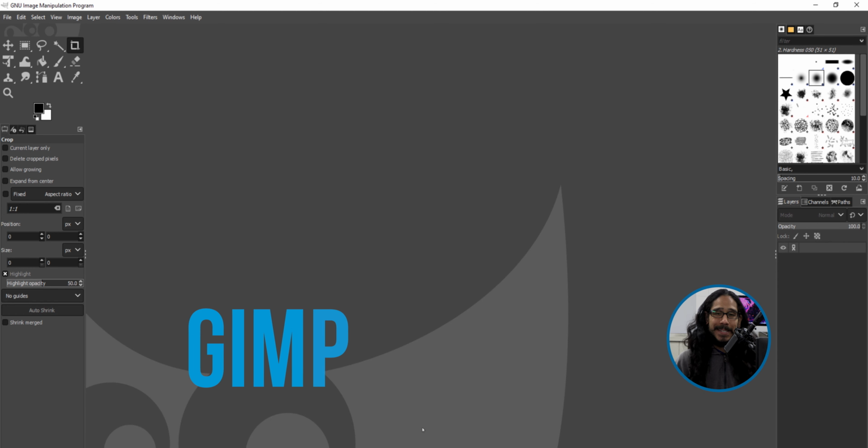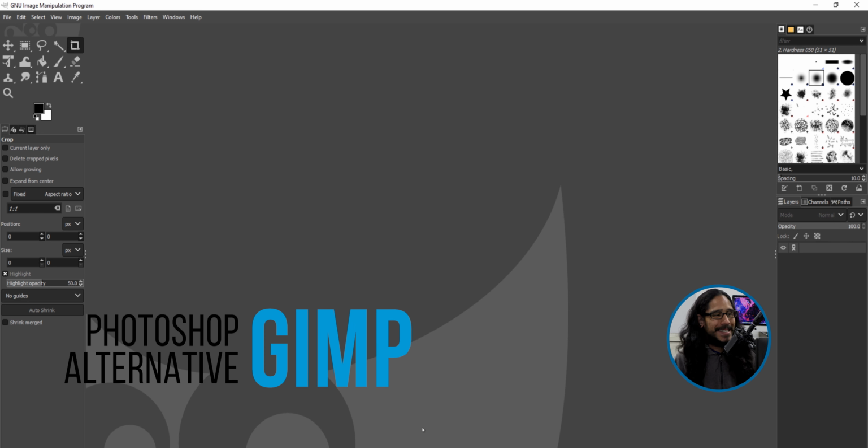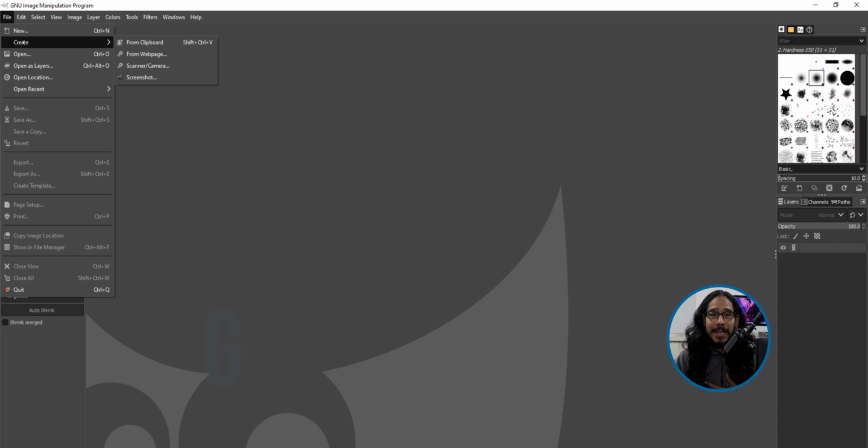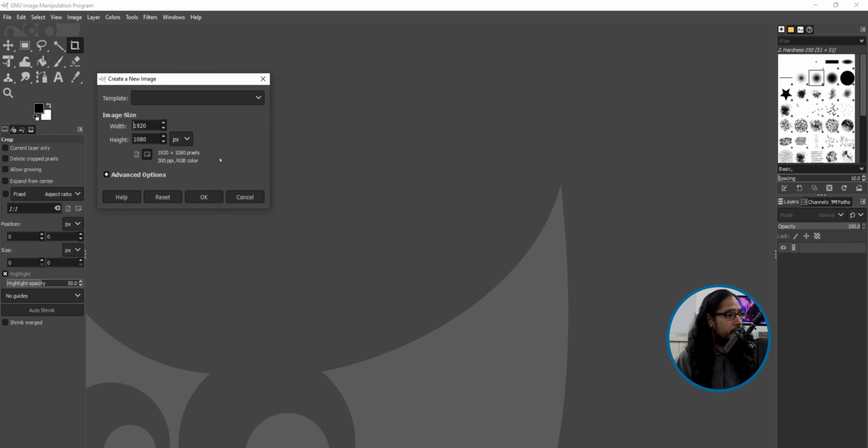So the first one on my list is Photoshop, what to use as an alternative for Photoshop. Because if you don't have the money and you don't have the budget for Photoshop, what to use? I kind of recommend using GIMP. I've used GIMP a couple of times. It is open source. It is free. It allows you to create thumbnails. Well, for me, it allows me to create my thumbnails with no problem.